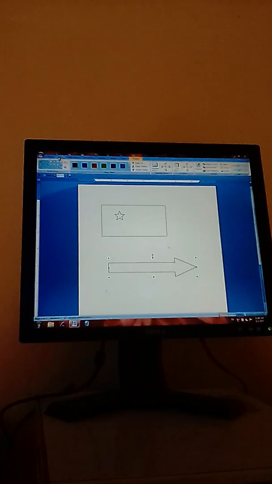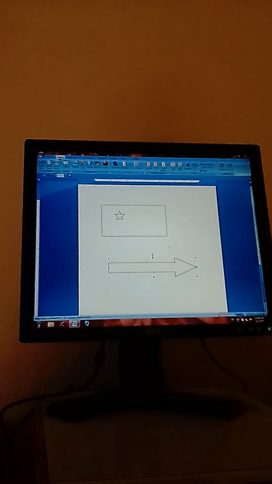So dear students, about inserting shapes that you want to insert on your document, you will have to click on the Insert tab. The Insert tab is one of the tools that are used to insert things on our document.